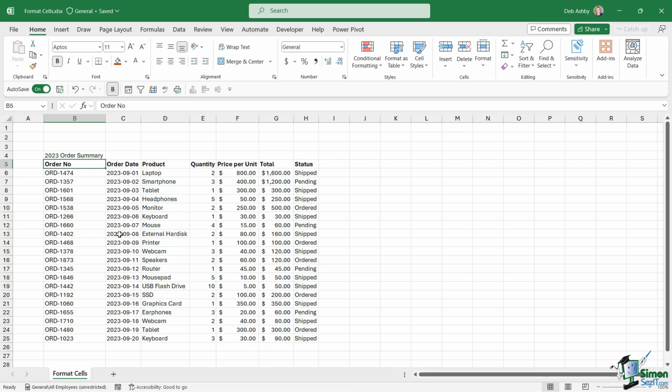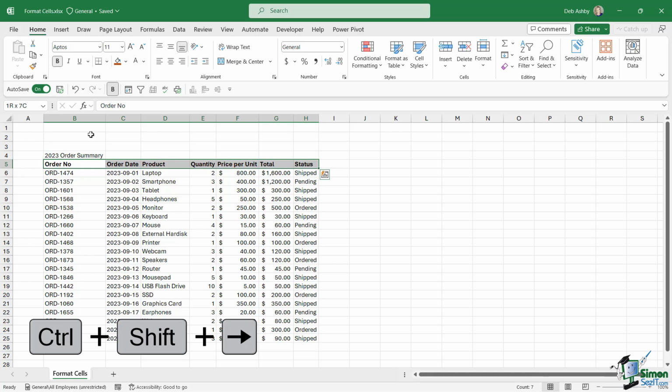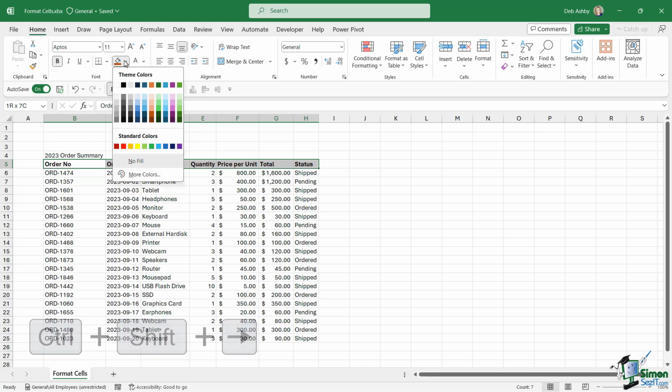What else could I do? Well, let's select the heading row again. This time I'm going to use keyboard shortcuts, Control Shift Right Arrow. Maybe I want to apply a background fill. So I can click the little paint bucket icon and notice that I get a palette of theme colors and